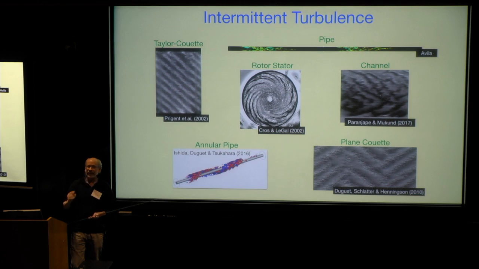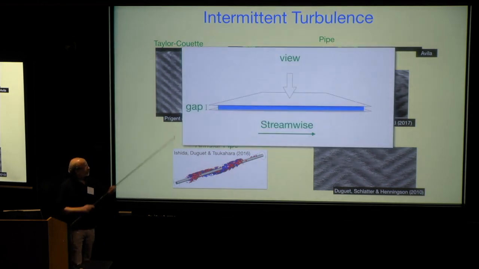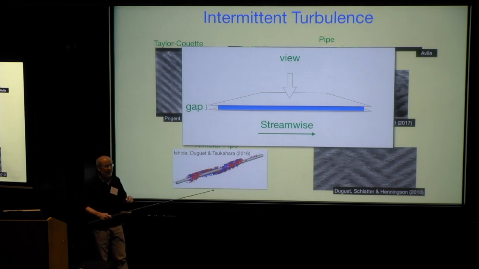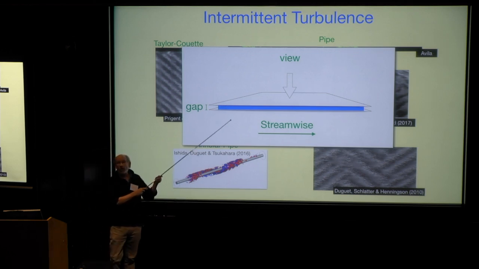You see dark and light in here indicates turbulent and laminar flow. Just to give you some idea, you're looking often perpendicular to that. And this question was asked, and I want to just comment, and I don't have an answer to it, but these are all confined flows, and I do think that that is relevant.